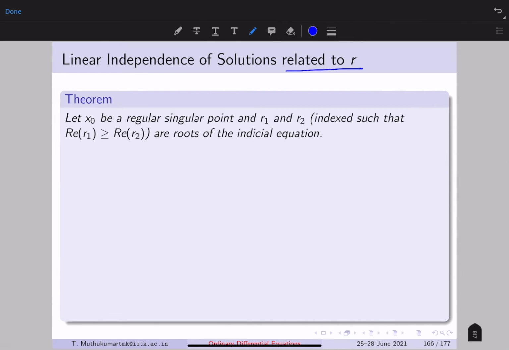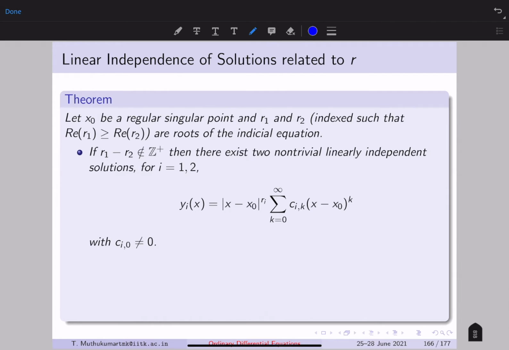So if you have x0 which is a regular singular point, and r1 and r2 which are the roots of the indicial equation, then this is a quadratic equation. In general the roots of the quadratic equation are complex numbers. So r1 and r2 can be complex numbers. So you arrange r1 and r2 in such a way that the real part of r1 is always bigger than the real part of r2. If you arrange it like that, then